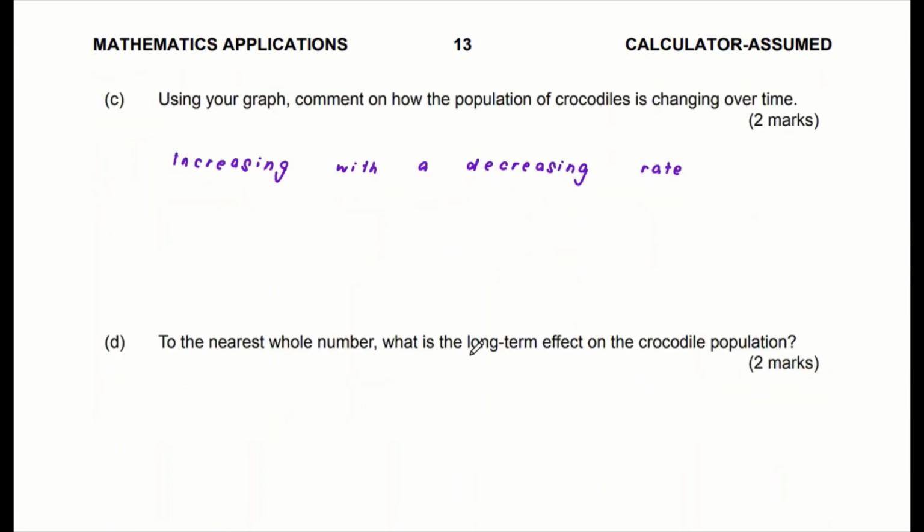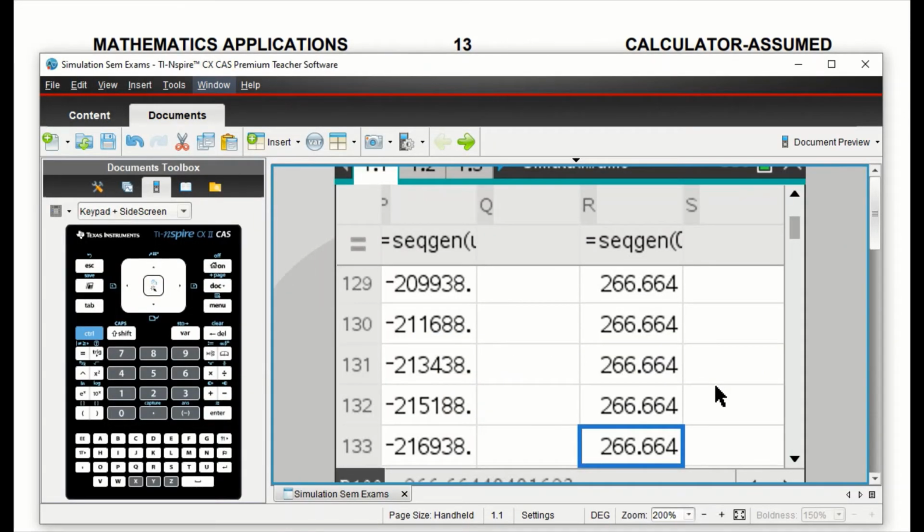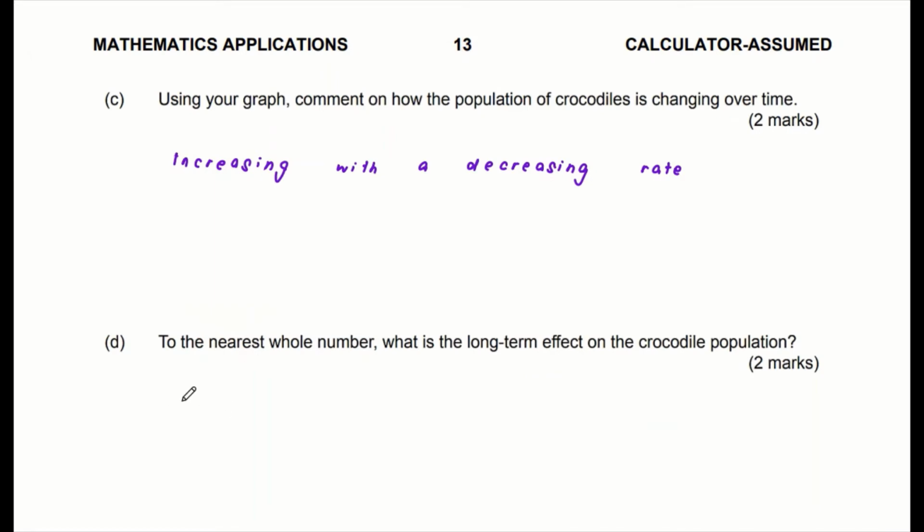Okay, so to the nearest whole number, what is the long-term effect on the crocodile population? For this, you can check in your calculator just now. What we have seen is that all these values keep on increasing, but the value that you see will be almost 267 only. So in this case, you can write down: the crocodile population will reach a long-term steady state